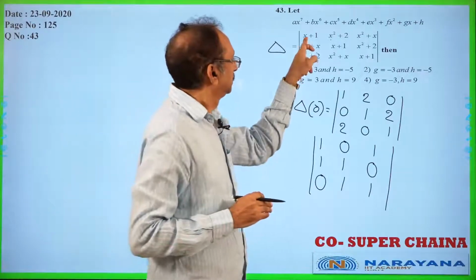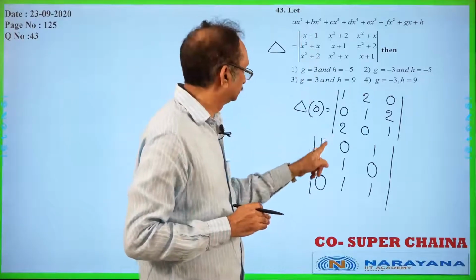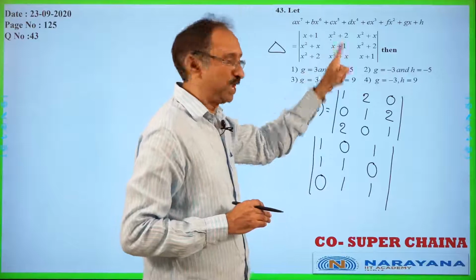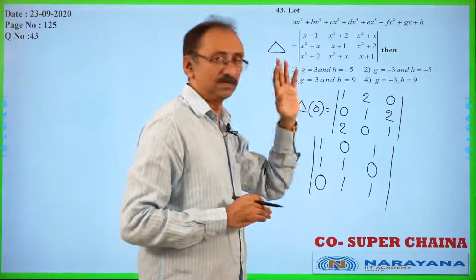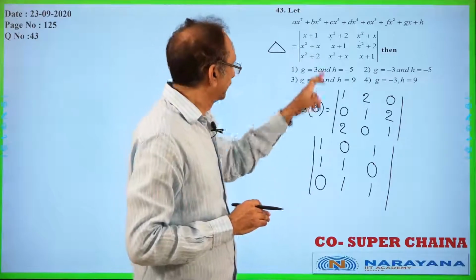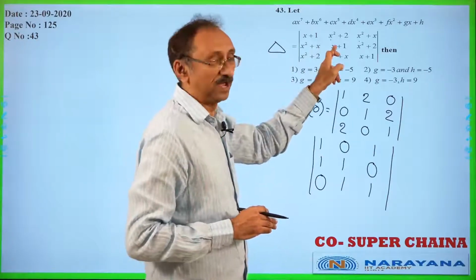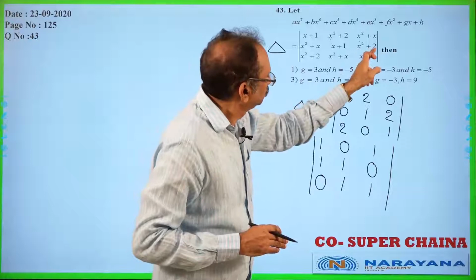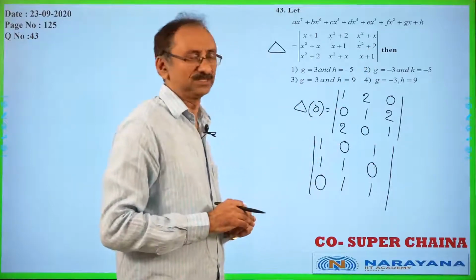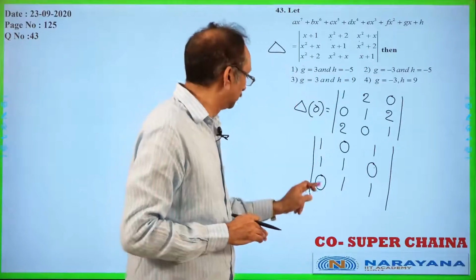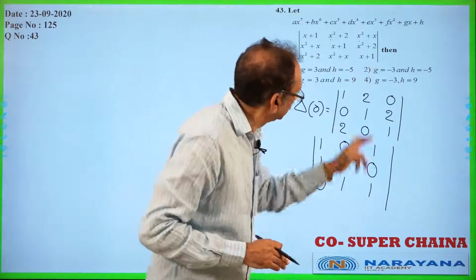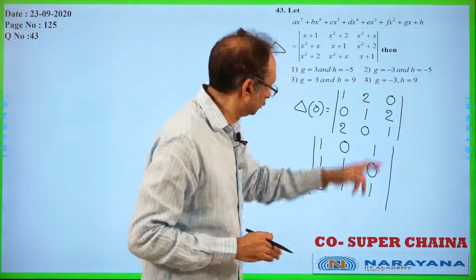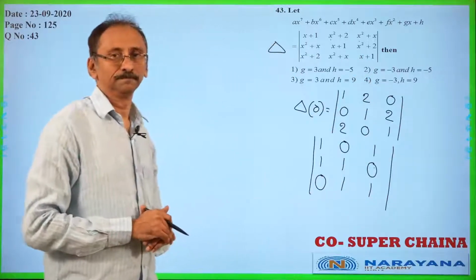See once again: derivative of this, 1; derivative of this, 2x, put x equal to 0; derivative of this, 2x plus 1, substitute x equal to 0. 2x plus 1 gives 1 plus 0, 1. 2x plus 0, that is 0 plus 0. And 2x plus 0, 0. 2x plus 1, 1. And this is 1 plus 0, that is 1.